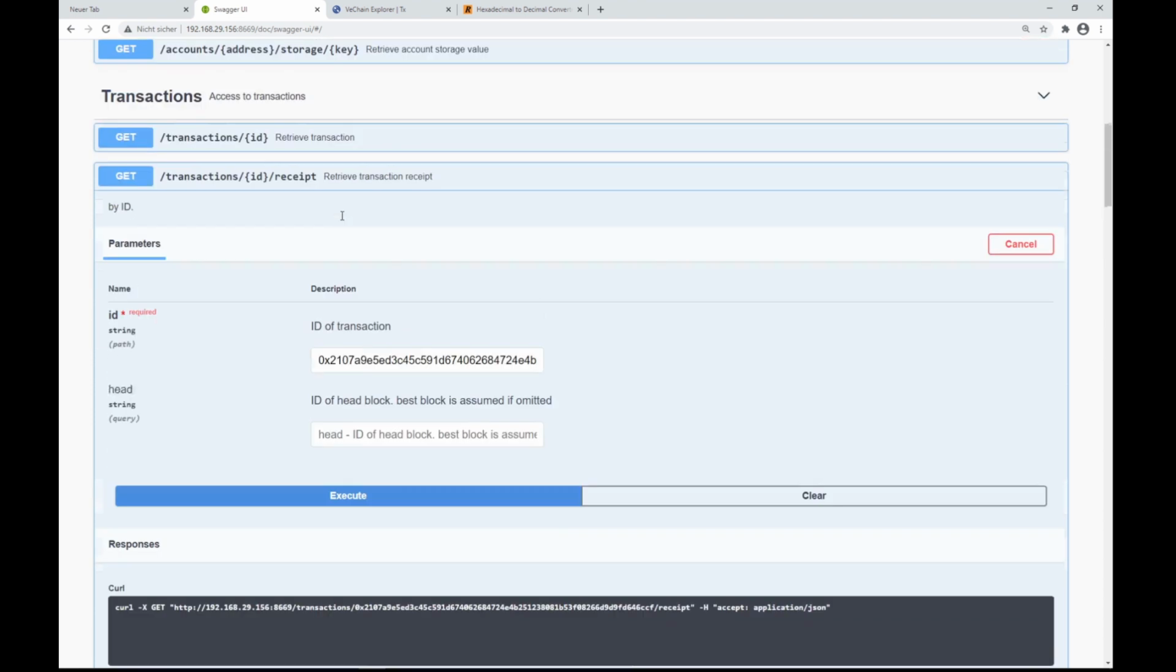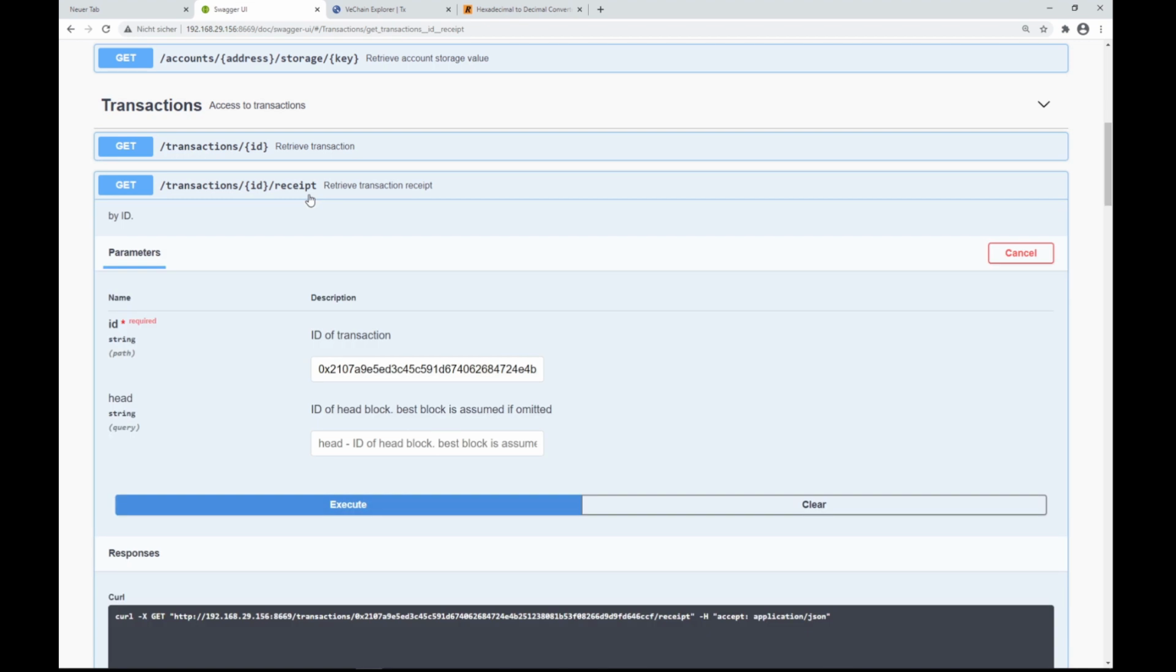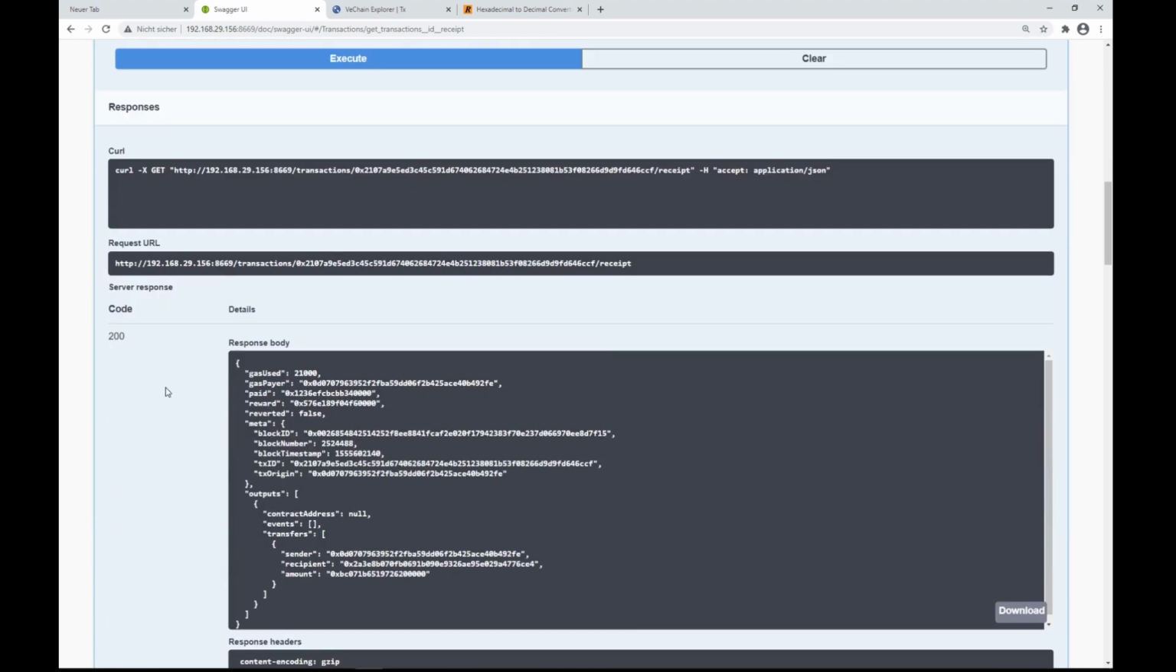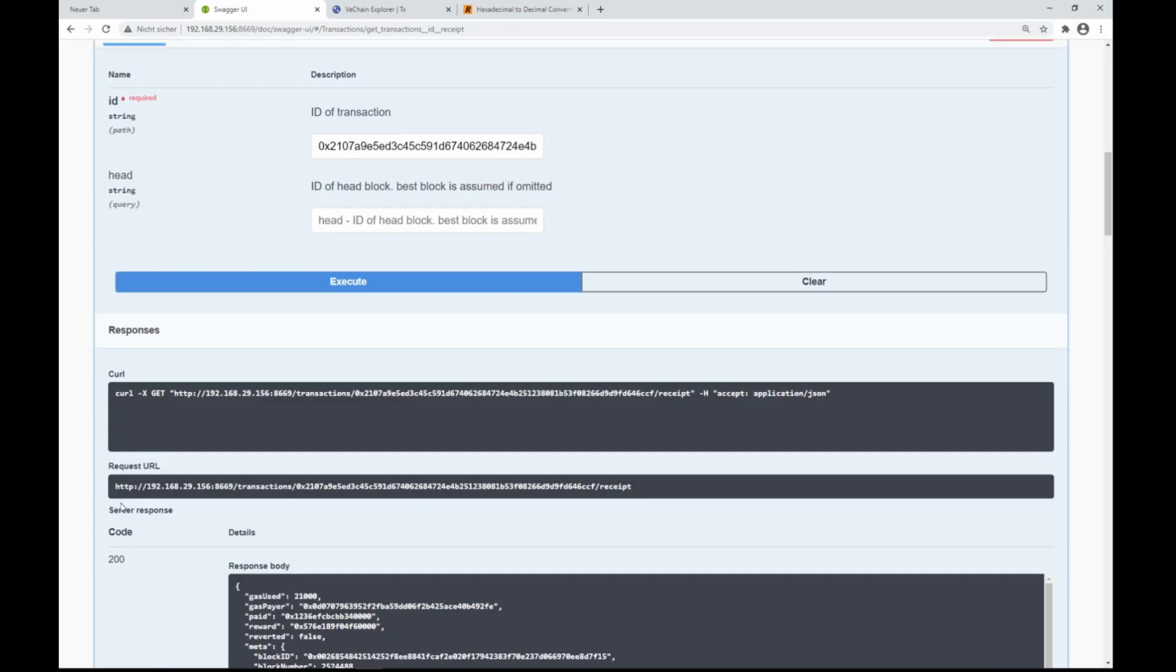So now we already checked the transactions, and let's just grab this address. This is a sending address and this is a recipient address. It doesn't matter which address we take. We're just going to copy this address and also